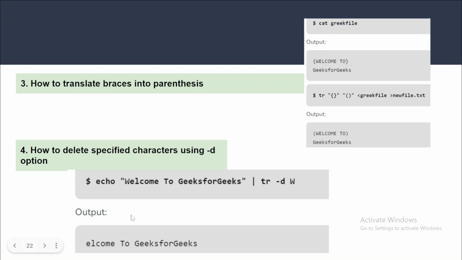So here you can see we had this welcome to Geeks for Geeks, but we are deleting with the tr command, and we don't have w in the outcome. Okay,